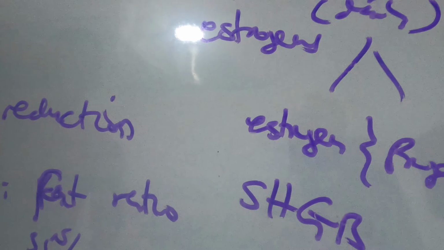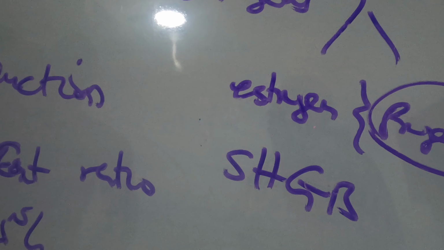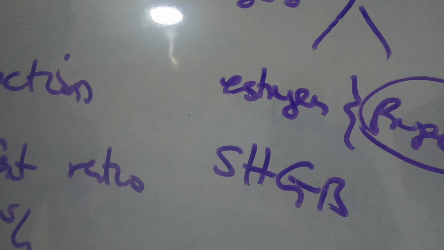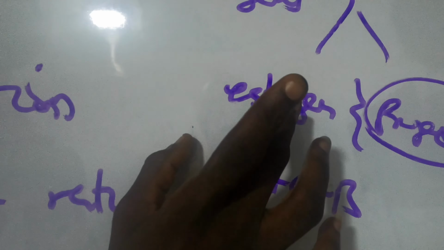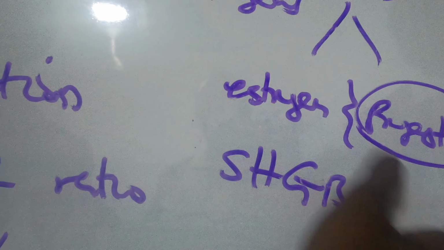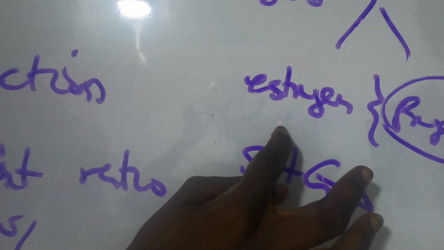Okay. So someone will ask, why then do we add progesterone to this estrogen in the oral contraceptives? Now, estrogen alone could have done the work, but studies have also shown that for anyone who is taking just a contraceptive made up of only estrogen, he or she is at risk of getting other cancers like endometrial cancer. So we add progesterone to regulate the action of estrogen. So these two hormones are antagonistic in action.